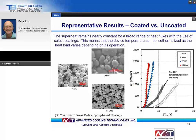The graph shows delta T saturation, also known as superheat, on the x-axis, which simply is the device interface temperature minus the fluid temperature. Heat flux is on the y-axis. 4 coatings are plotted. What's most interesting is that the HTCMC is almost a vertical line over a wide range